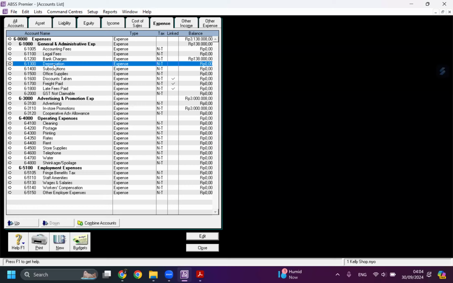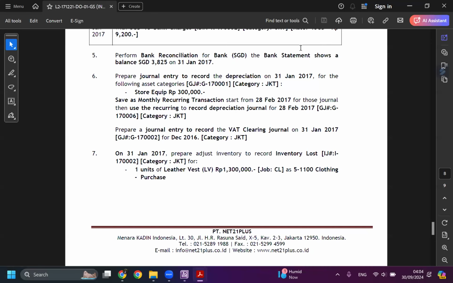Usually we have specific depreciation, for example, depreciation for store equipment. For this case, Kelly Shop prefers to record all depreciation on the expense account depreciation.